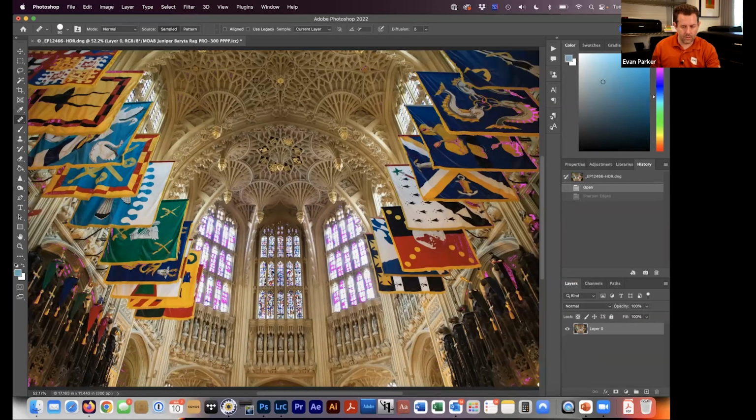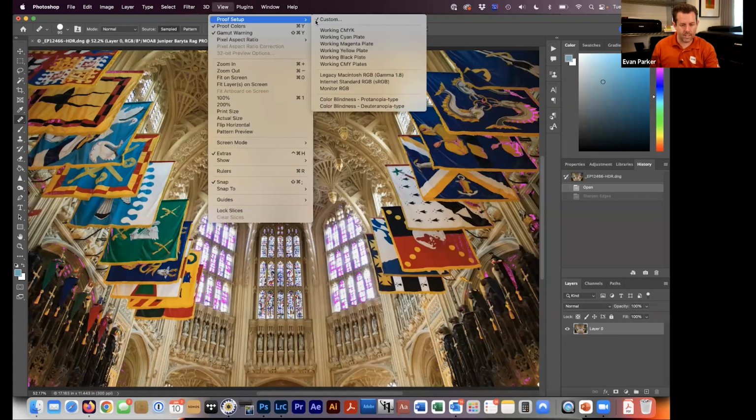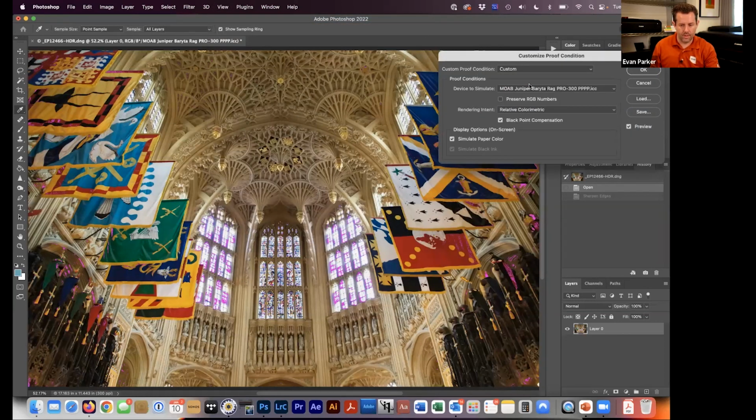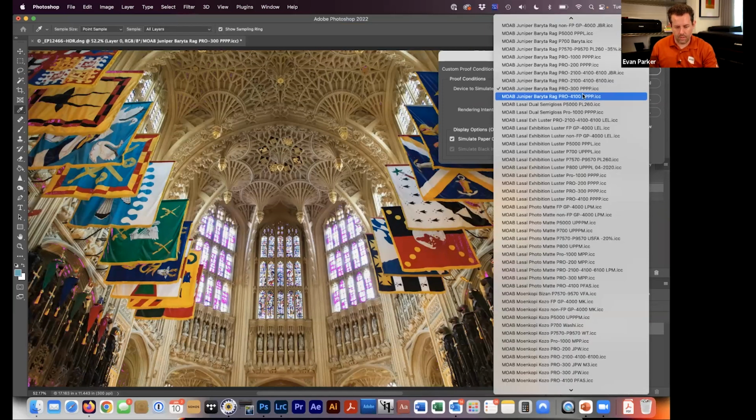So what this tells me looking at it here is printing on the Juniper on this printer, almost this whole image is in gamut, and the few colors or tones that are not really have no bearing on how the print looks. So I'm not going to get an unpleasant surprise, or I'm not going to want to look at a different paper because the gamut isn't there. So I'm going to go back to that soft proof and see, well, what if we put it on